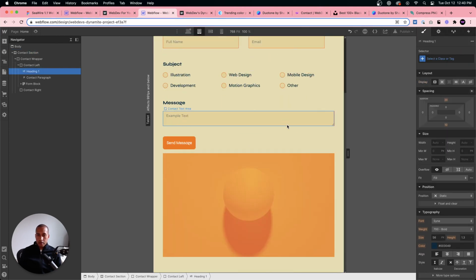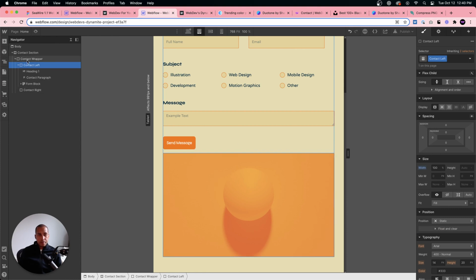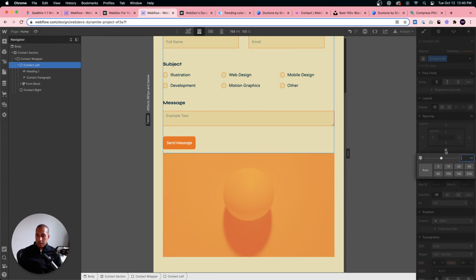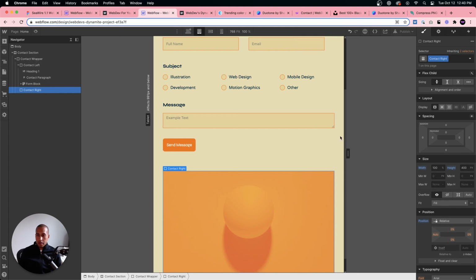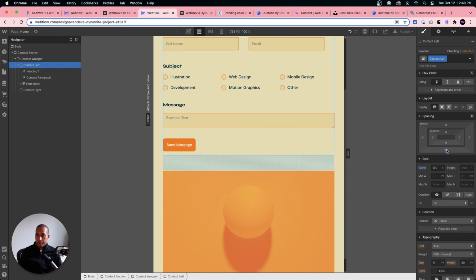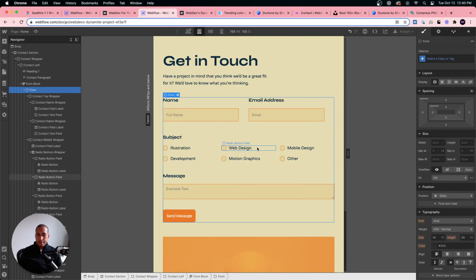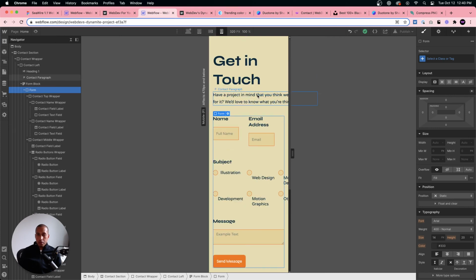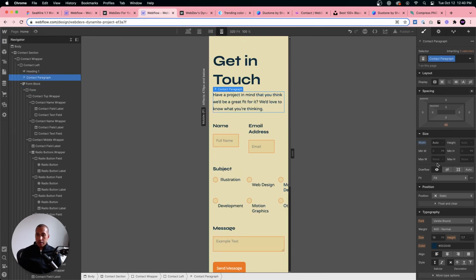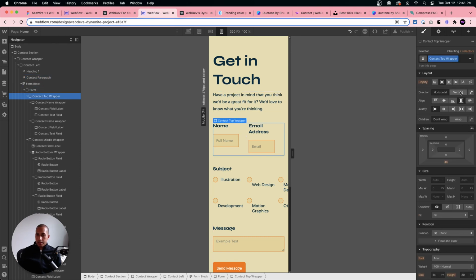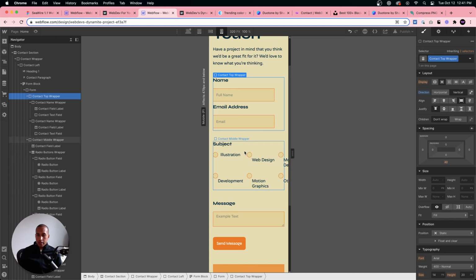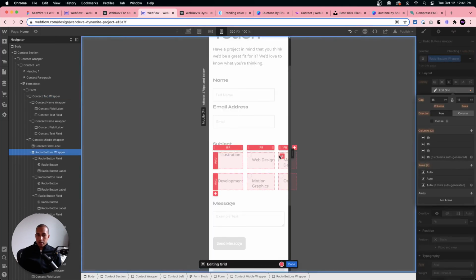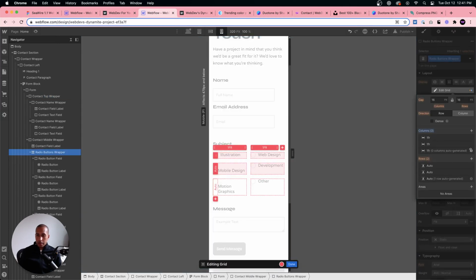Okay, it's looking pretty good. And let me add some margin here, 60, there we go, maybe 40. Cool, that looks good. Then mobile landscape, that still looks good. Mobile portrait, let's set this to auto for this text. And let's set this to vertical. Let's set this wrapper to 2 columns. So I'll delete a column.